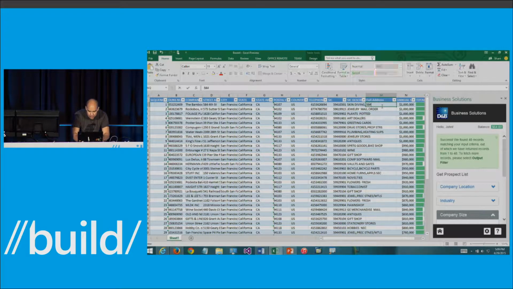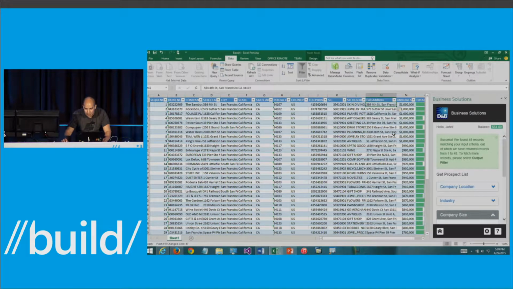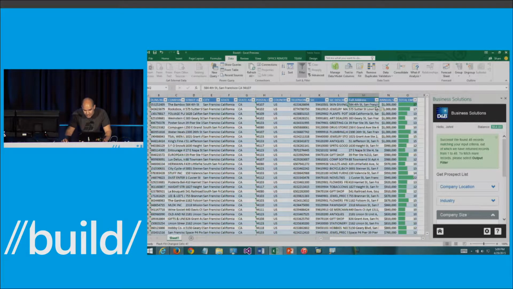In this case, I'm just going to put an example. I'm going to copy the address of the first one. And this is San Francisco and 107. So I just copied that to show Excel what I want from these three columns. And I'm going to do the data tab and do a flash fill. So Excel is going to automatically give me that list of full addresses. Once I have that,